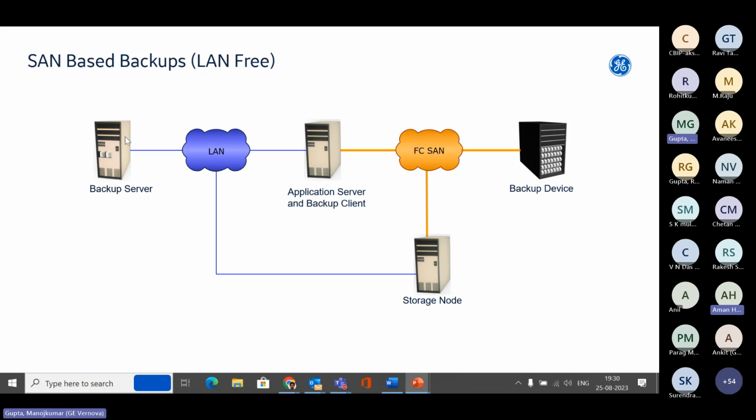Backup will be initiated from the backup server only, but the backup will be stored directly in the backup device via the SAN network. It will not hamper your LAN network. It will not overload your LAN network. So what are the other chances? For example,